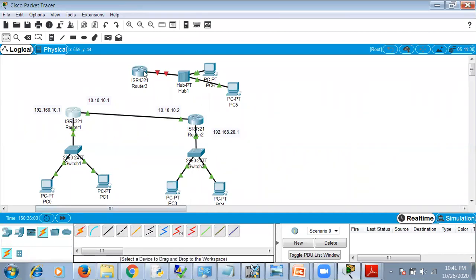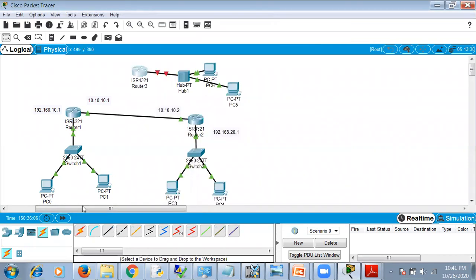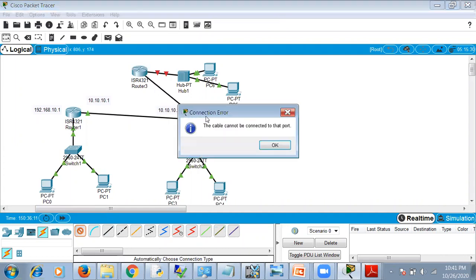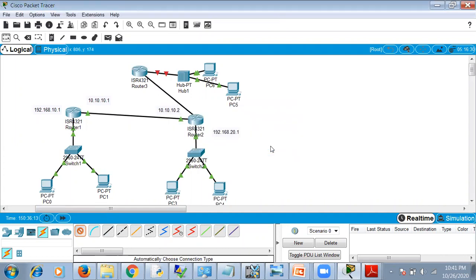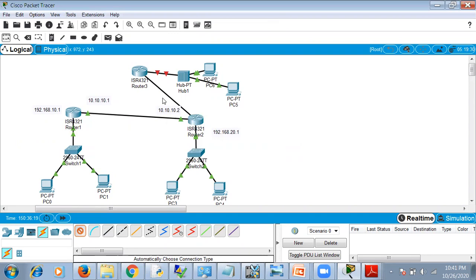Now, when we try to add a link to it, it gives you an error. It gives you an error that cable cannot be connected to it. The reason is that, so you click on escape, the link goes. So click on this router.